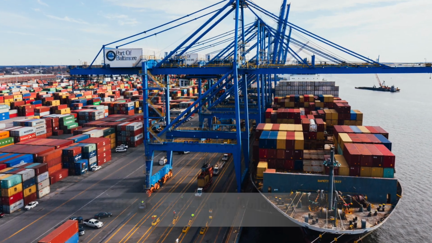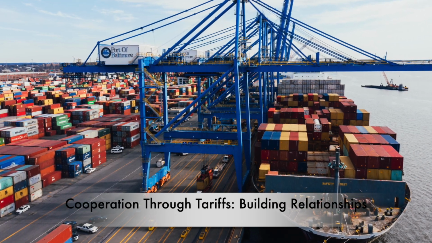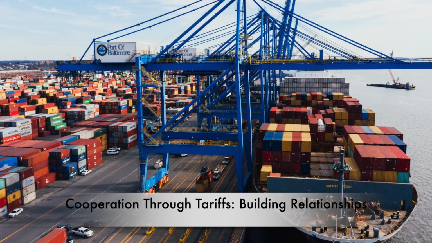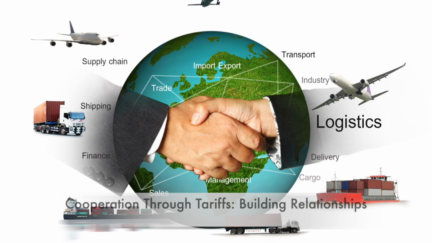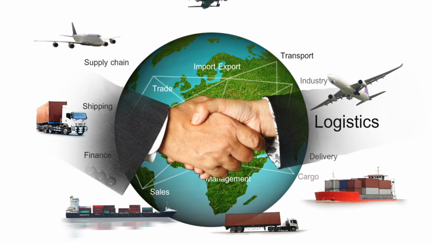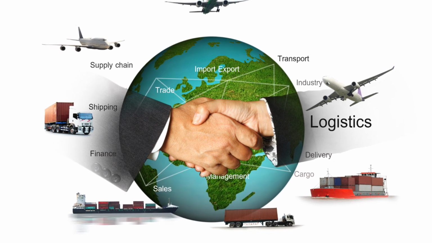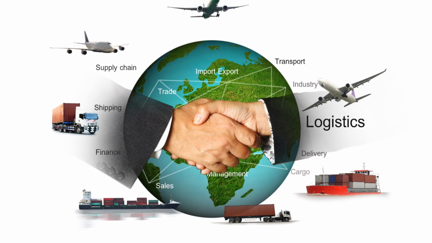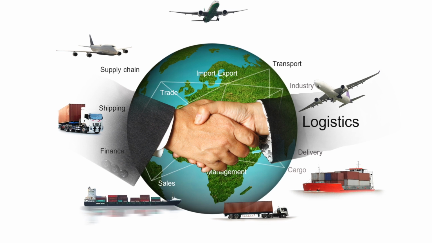Conversely, tariffs can also be used to foster cooperation. Preferential trade agreements, often formalized through policies like the Most Favored Nation (MFN) clause, reduce tariffs for certain partners, encouraging trade and political goodwill. The MFN clause, a cornerstone of World Trade Organization (WTO) rules, ensures that a country offering reduced tariffs to one trading partner extends the same benefits to all other members of the agreement.